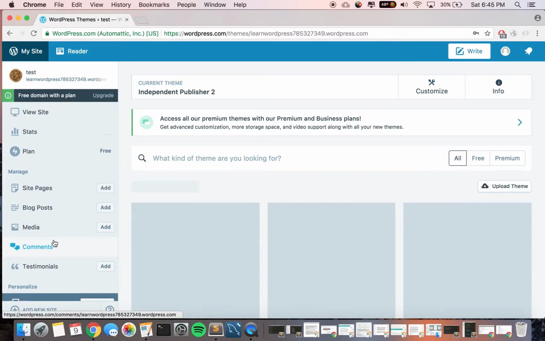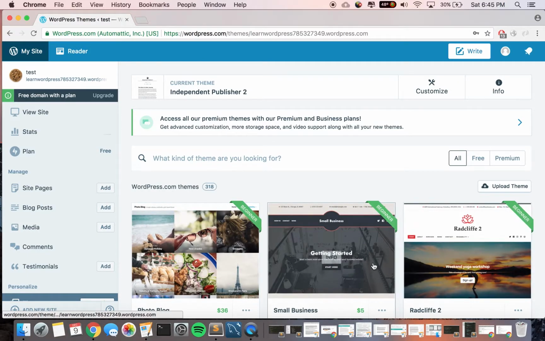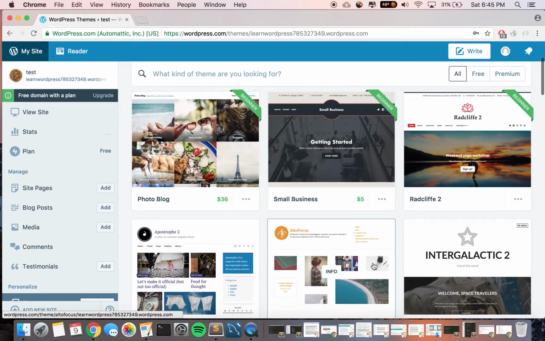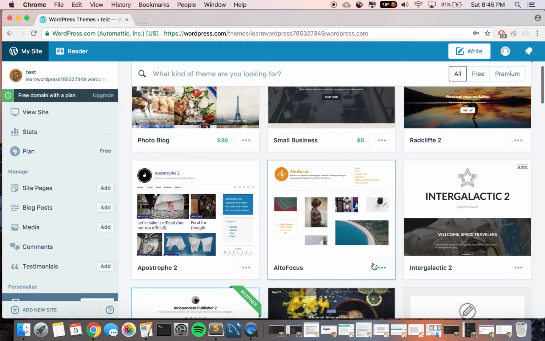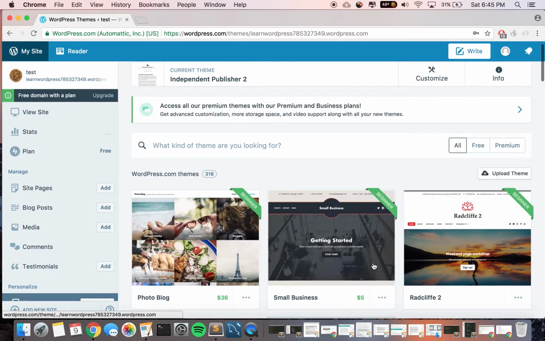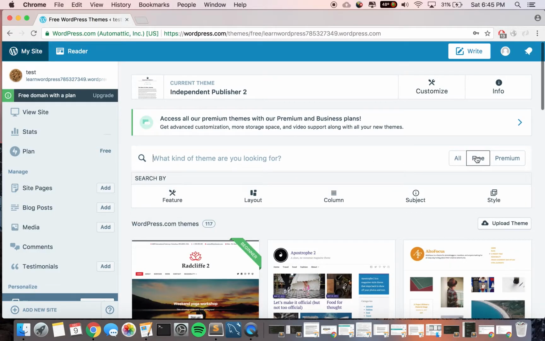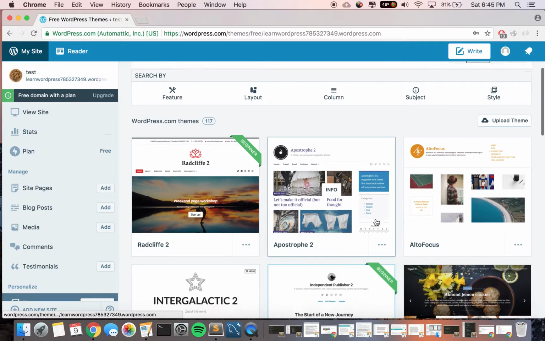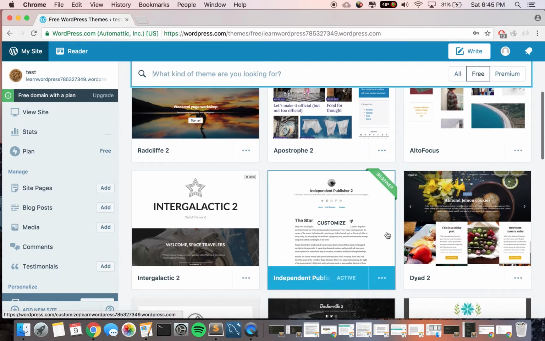So if you click on themes, it takes you to these different skins, really. That's another word for them, just skins and looks that you can apply to your website. And they do come in different price ranges, but of course there's also free ones, and if we click on the free tag, we're able to see different ones. The one we selected in the last class, if you remember, was this one called Independent Publisher 2, and as you can see, it's currently blue and it says active right here,